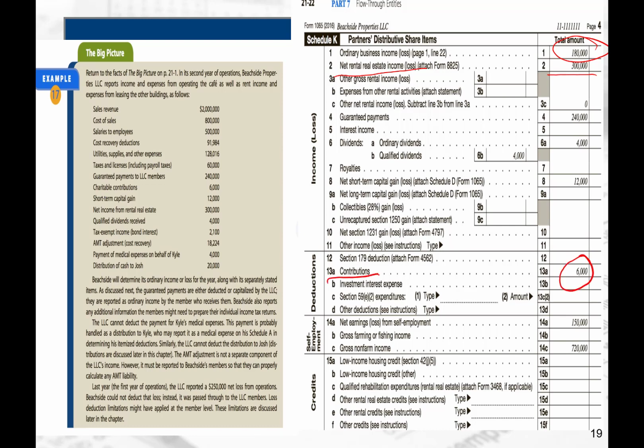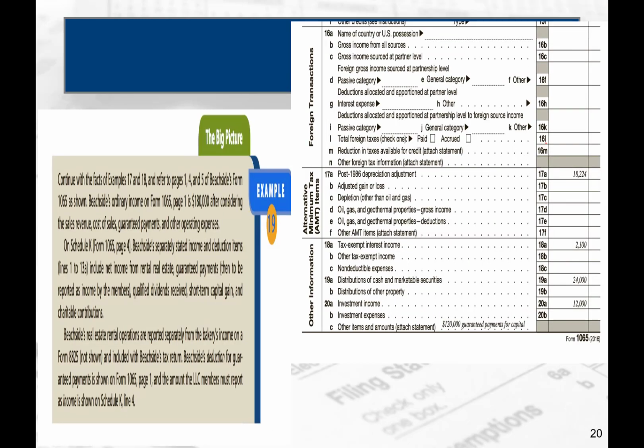Okay, $6,000, right? Okay, I pointed to that, etc. Okay, and you have these different things here: net short-term capital losses, interest income. These are all things that aren't day-to-day operating items of the partnership, right? Okay, and so all of those things get reported on the Schedule K,